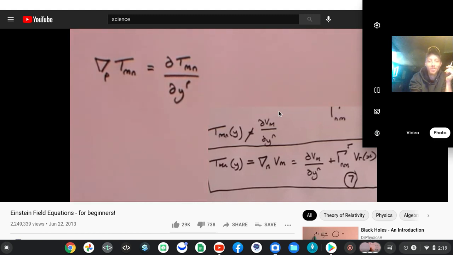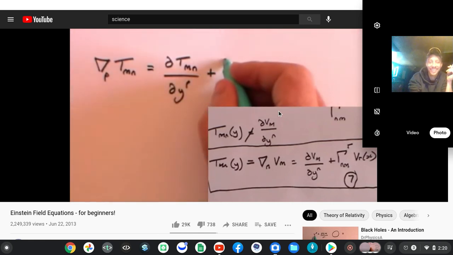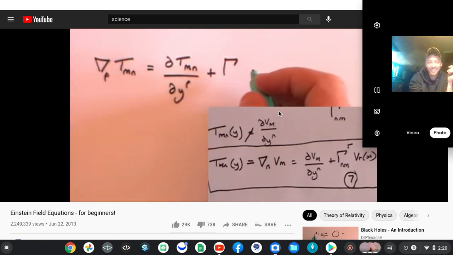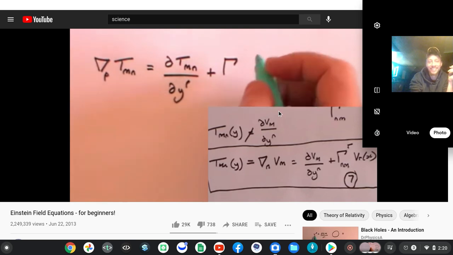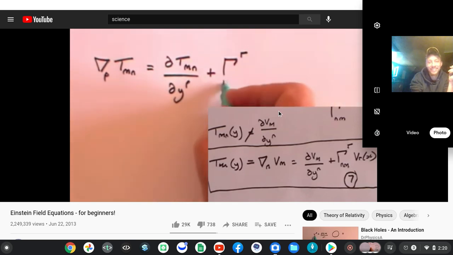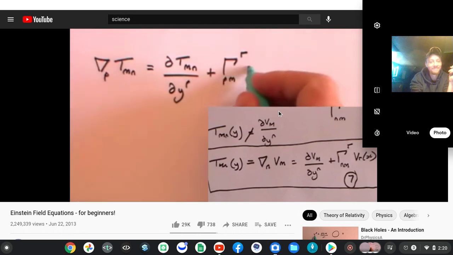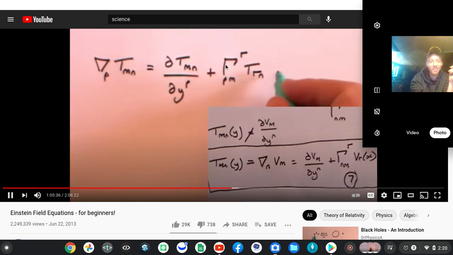But now I'm going to need two Christoffel symbols. So I'm going to need one for the M element and one for the N element. So this is going to be sigma, we do sigma over here, plus